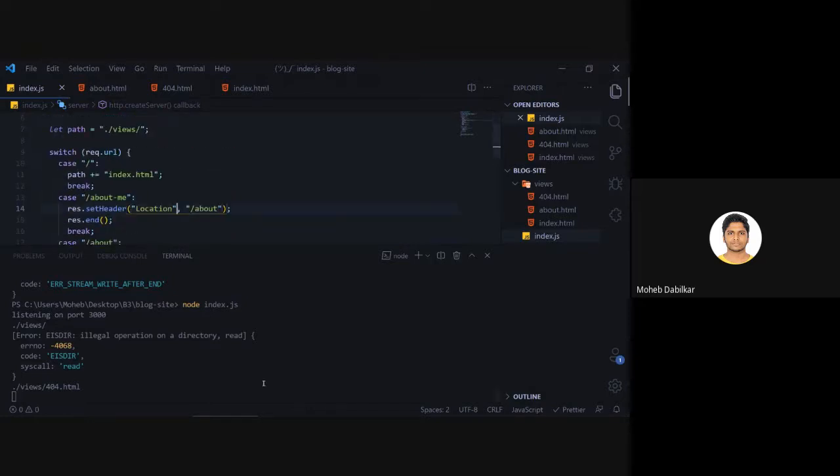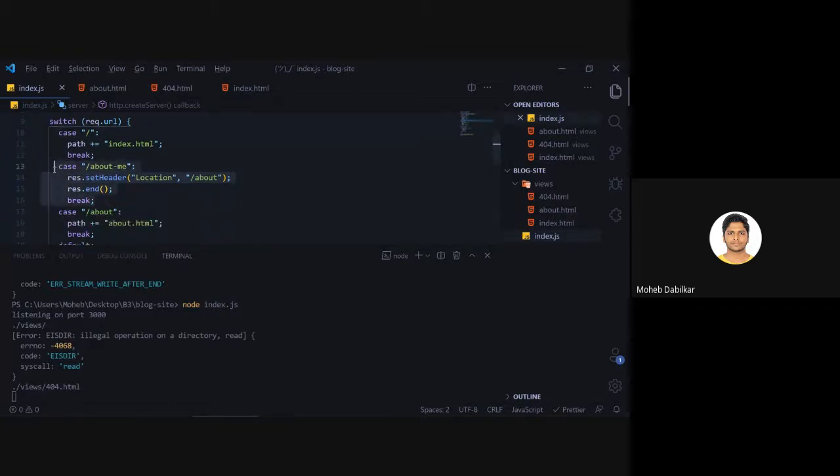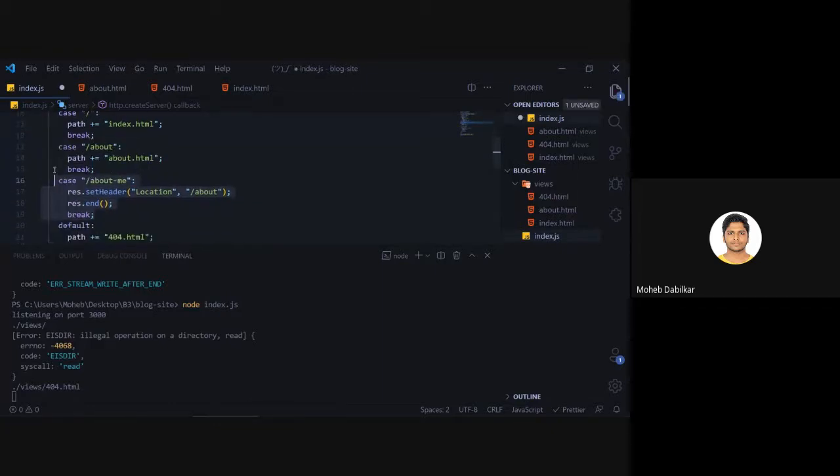What seems to be the problem that I'm doing? Well, as soon as it comes over here, it should change its path, but it is not working like that. Is it because the cases are upside down?